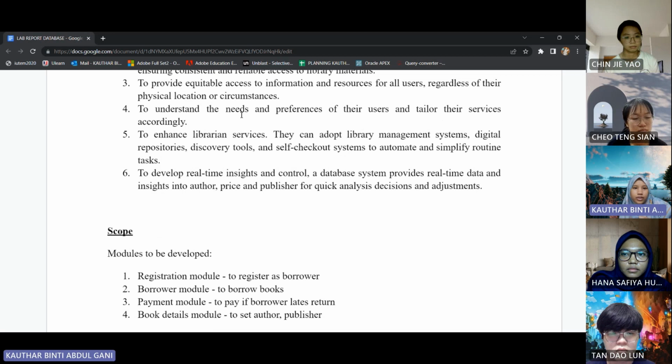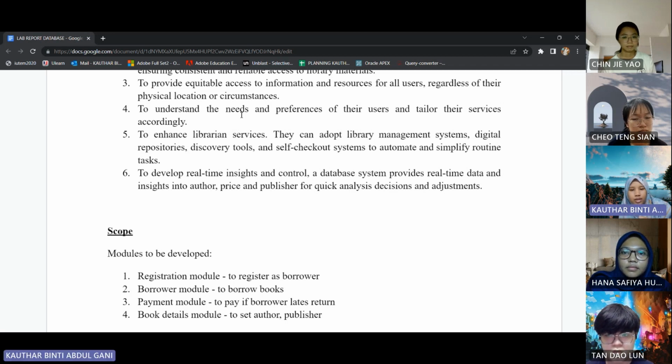The third is to provide equitable access to information and resources for all users, regardless of their physical location or circumstance. Next, to understand the needs and preferences of their users and tailor their service accordingly.